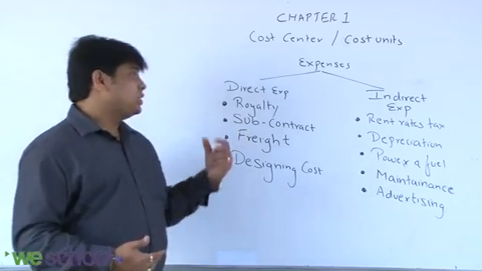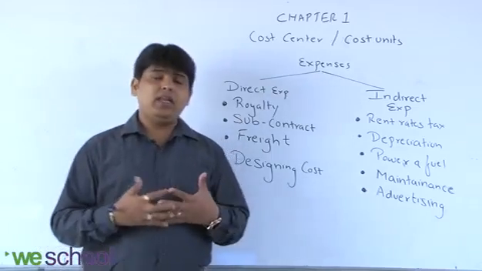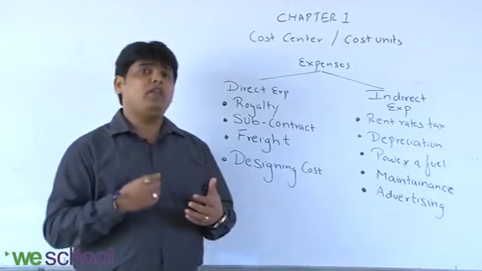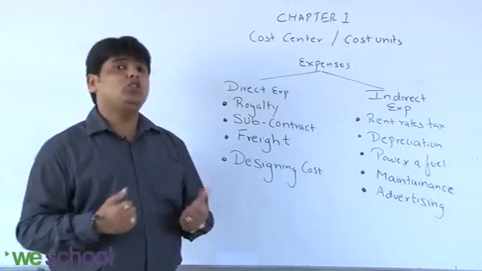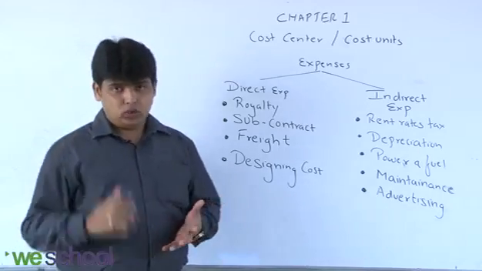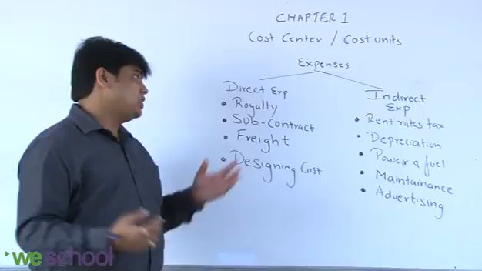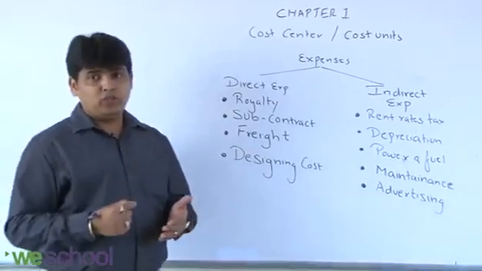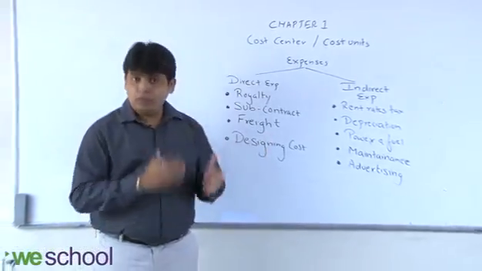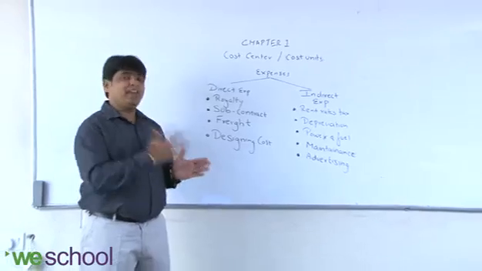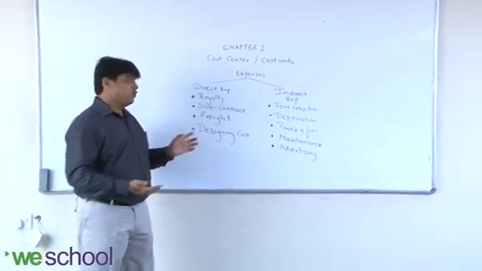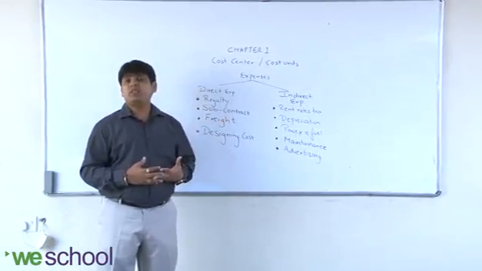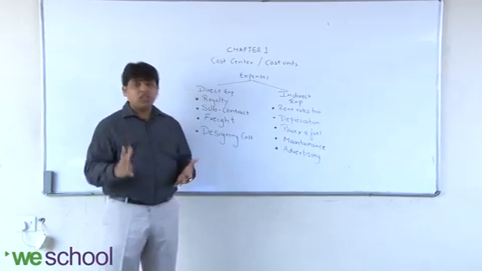Right? So royalty, subcontract. Suppose I am taking an example of my shirt manufacturing company. I produce shirts, but if I want to put some embroidery or some printing, that is not done by me. It has to be given for job work. So that is a subcontract cost, which is a direct expense which is added to the particular product. Suppose I am producing embroidery type shirts, so embroidery cost will be directly charged to that particular embroidery section for a particular batch, right? Not for every section of the shirt manufacturing. Freight inward, designing cost, all these expenses are called direct expenses, which can be directly charged to that particular product where we are using.